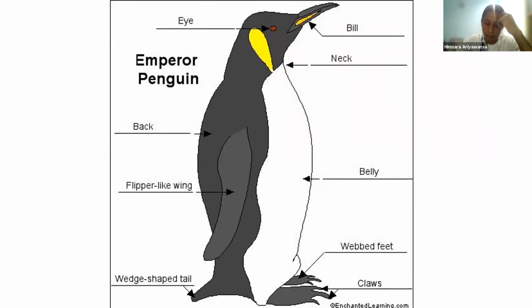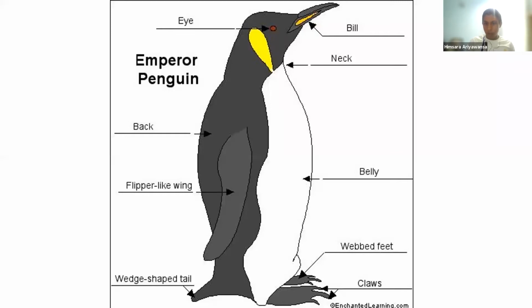Since penguins spend most of their time in the ocean, the coloration or the camouflage is an effective form of protection. And the camouflage also helps the penguins to hunt with more success. So this camouflage condition is very important for them to hunt with more success as well as to be protected from predators in the water.